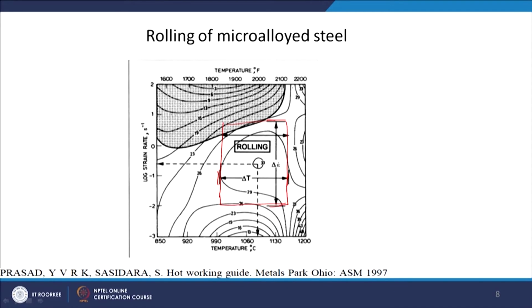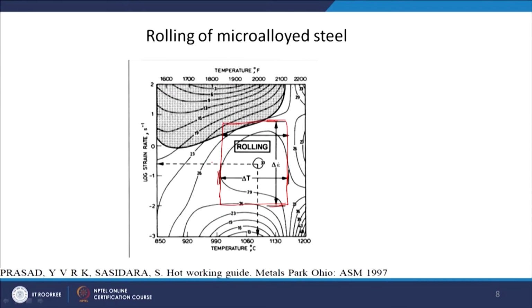Because you can also understand that when you are doing any operation, unlike a laboratory experiment, the strain rate and temperature keep changing during the deformation process, because these are sometimes continuous deformations. So, I have to have a large window in which I can do the rolling process or any deformation process. So, one way to use processing maps is like this.